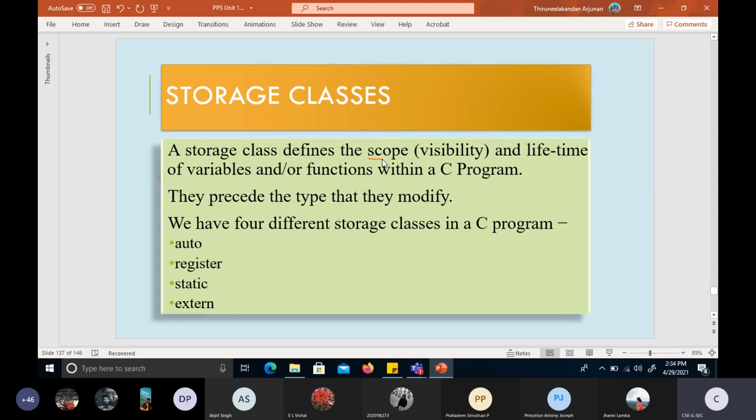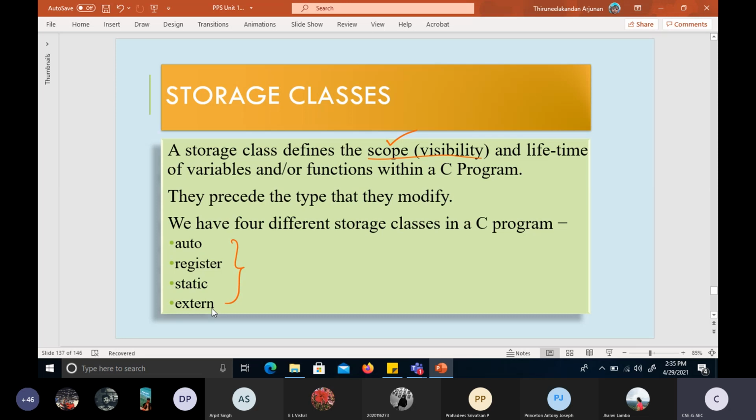If some variable needs to be accessed in the entire length of the program, then we need to declare it as a global variable above the main function. So that defines the scope. In addition to local and global variables, we also have a provision of declaring a variable that falls into these 4 categories: it can be declared as an auto, a register variable, a static variable, and an extern variable. A storage class defines the scope, basically how long that variable will be alive in the program and in which all places it can be accessible.